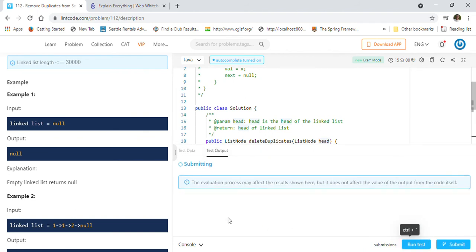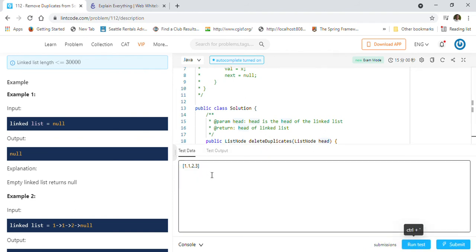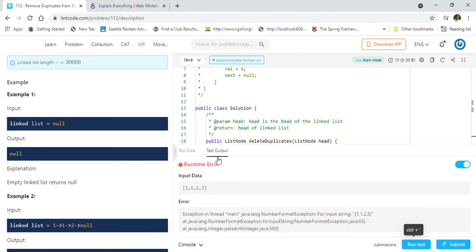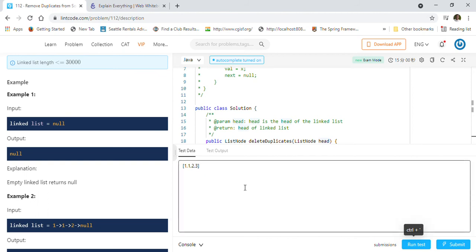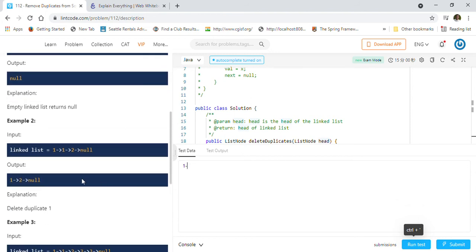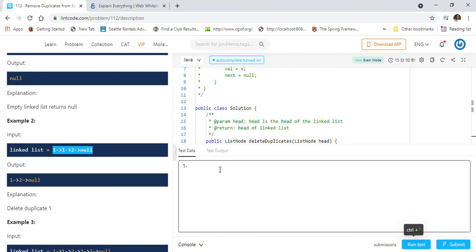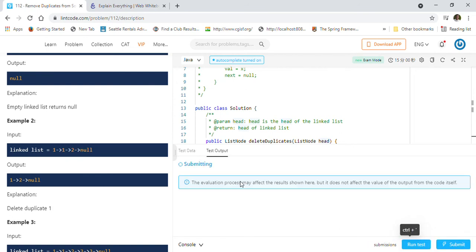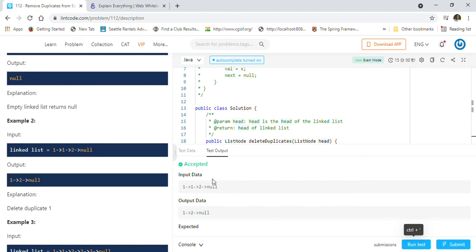So let's just run this test. Or we can take an input from here. I think we can take this input. Somehow they have not given any input here. Yeah, so now this kind of input it takes. So now our code is getting accepted.